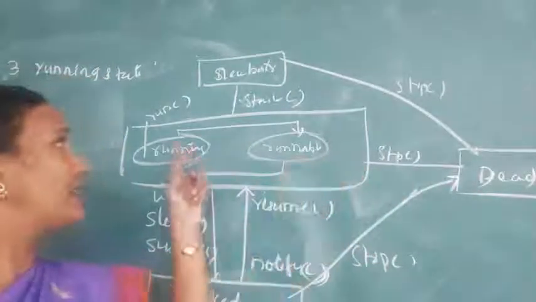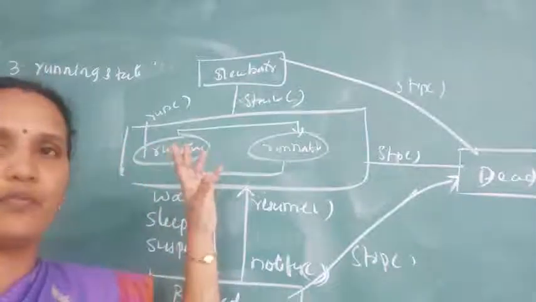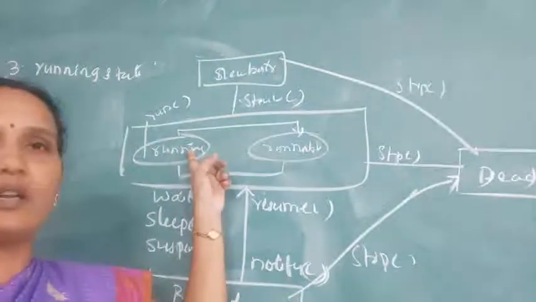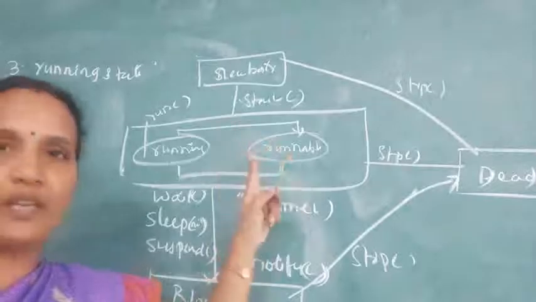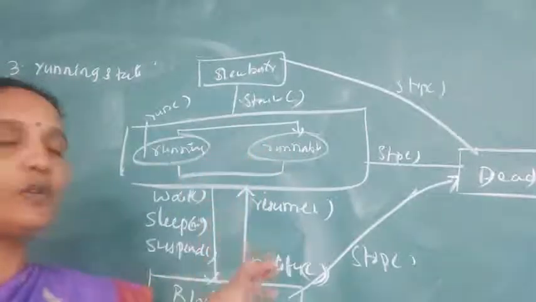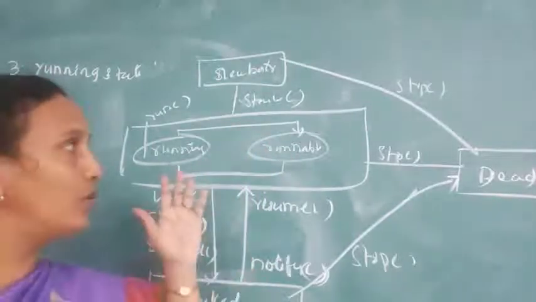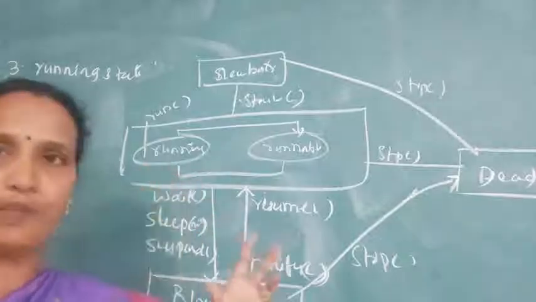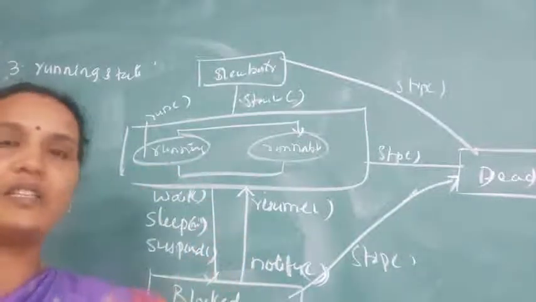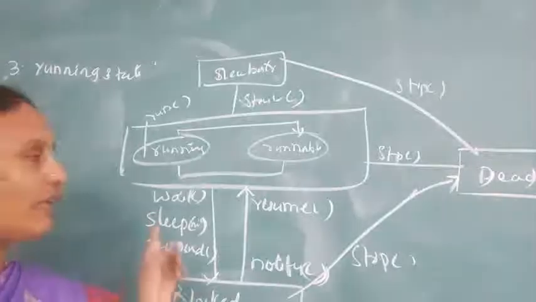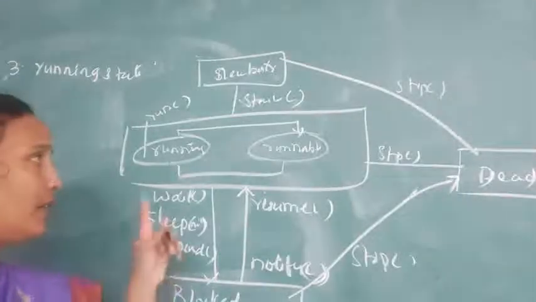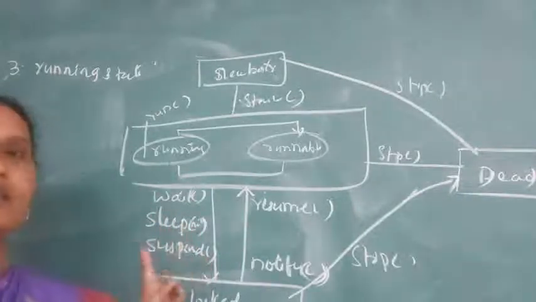For example, a thread is running and waiting for some input value from a user. You can move the thread from the running state to the runnable state. This is one condition. Another condition is if you make the thread wait for some time, meaning some condition is satisfied, then you can suspend the thread. We have different methods to suspend the thread: wait method, sleep method, and the suspend method.